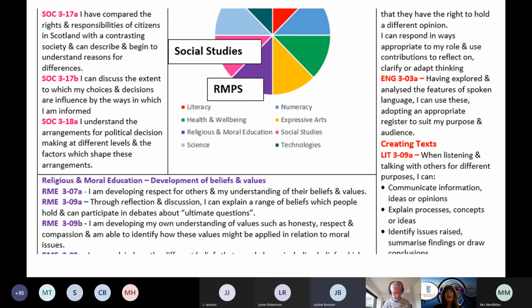So genuinely demonstrating pupil voice, responsiveness to pupil interest, responsiveness to their specific community as well. That's one of the things that I particularly loved about the way that the practitioners took this plan and made it their own, but also made sure that the children's voices and the children's interests shaped the way that it looked.